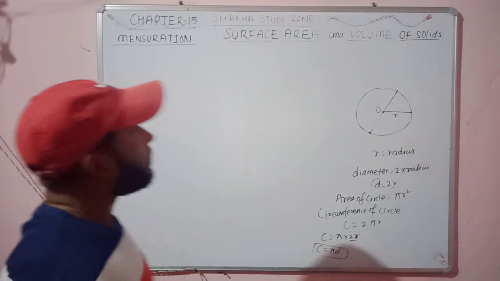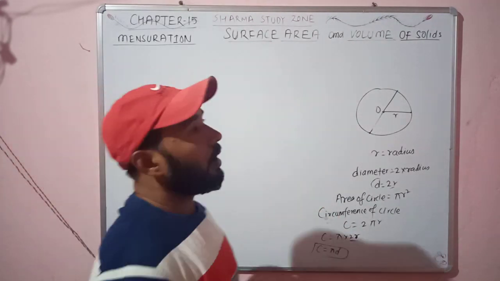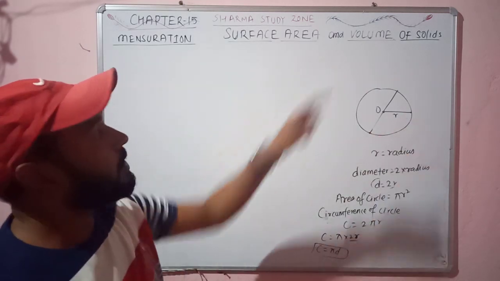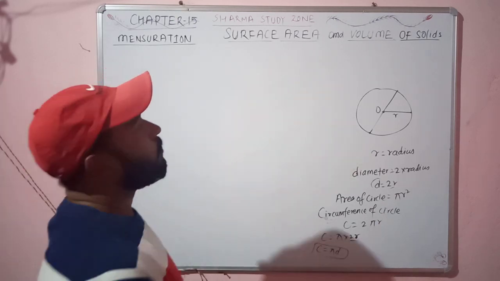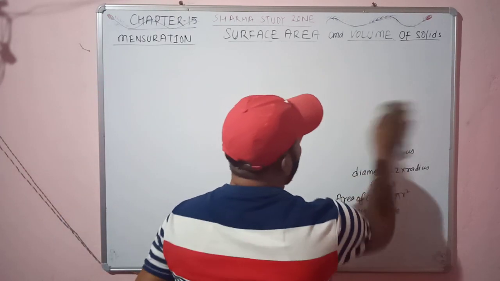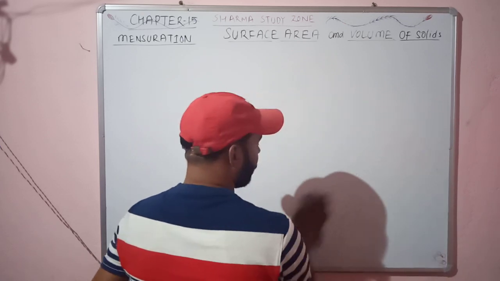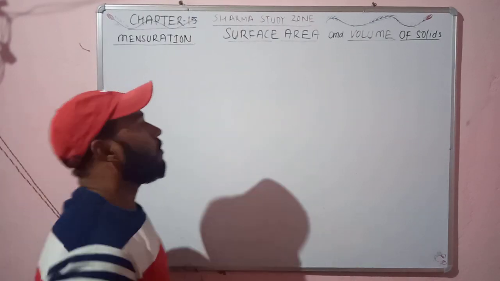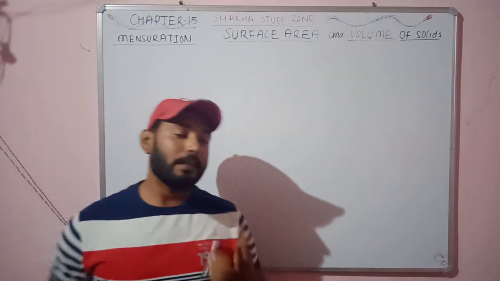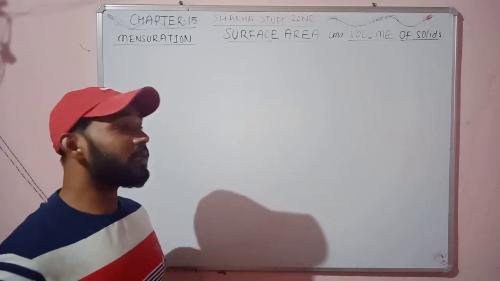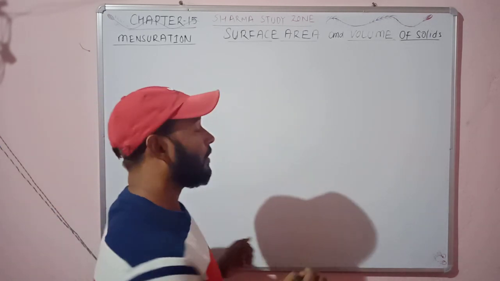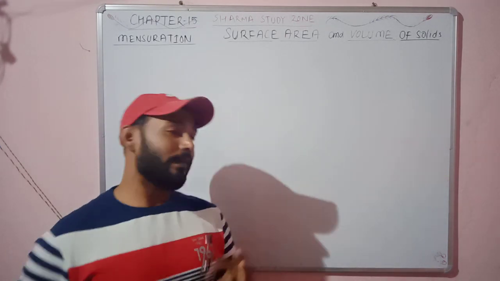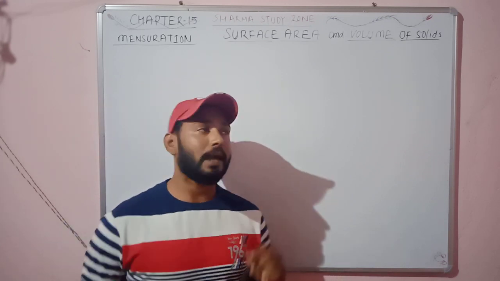But now in this chapter, because we are discussing the syllabus of class 10 of the CBSE board, we have to discuss the solid surfaces, the surface area and volume of solids. So in solids, we will discuss three-dimensional figures. What are three-dimensional figures? Three-dimensional figures are figures having three dimensions. Like suppose we have a room. In a room there are three dimensions, which are length, breadth and height.